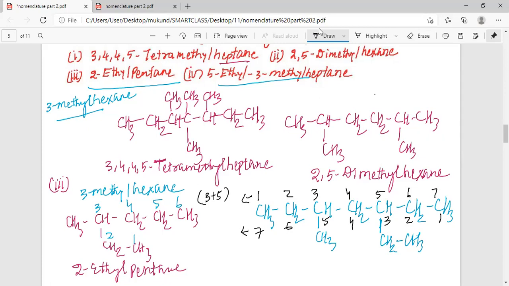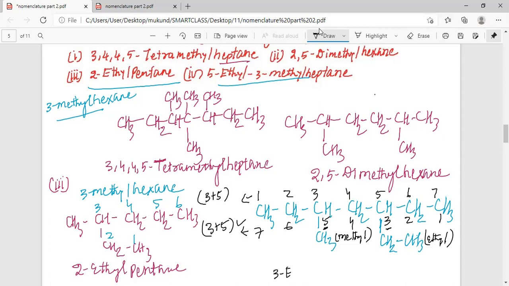According to this system, we will again have 3 plus 5. You can see this is 5 and this is 3. And this is the methyl group. This is the ethyl group. And the ethyl group should be given preference. So the correct name, the ethyl group should be given preference, my dear students. And the correct name should be